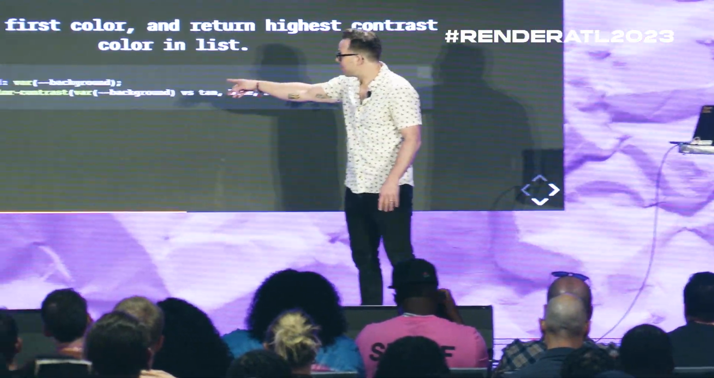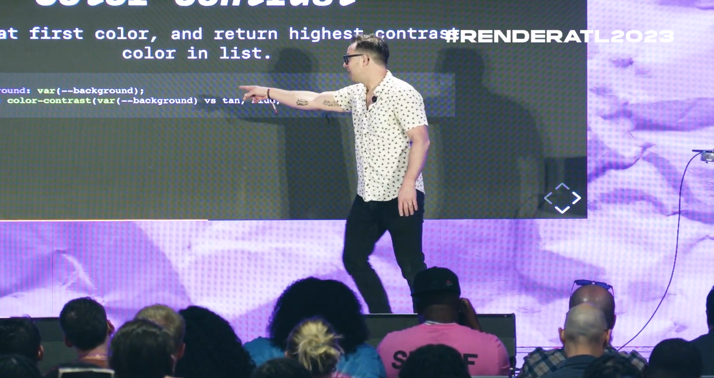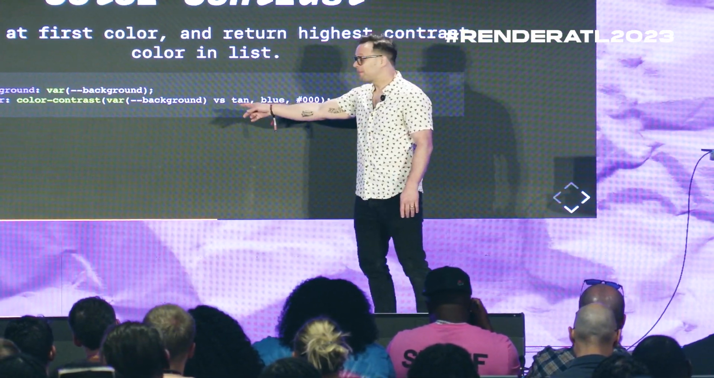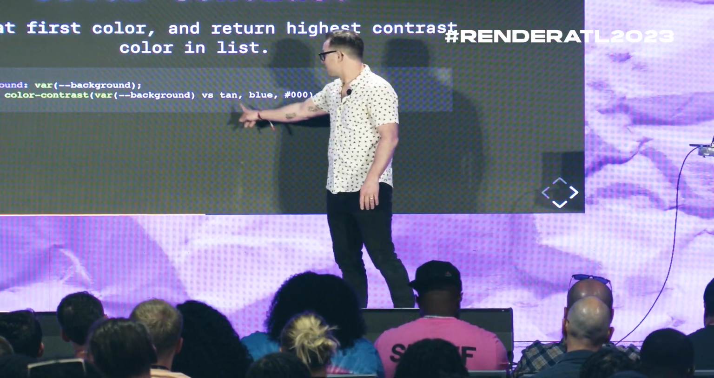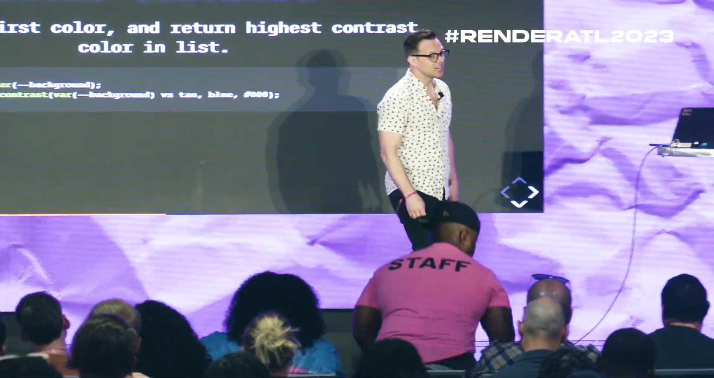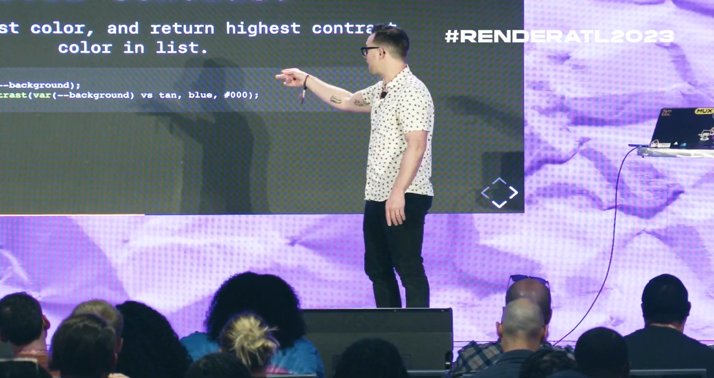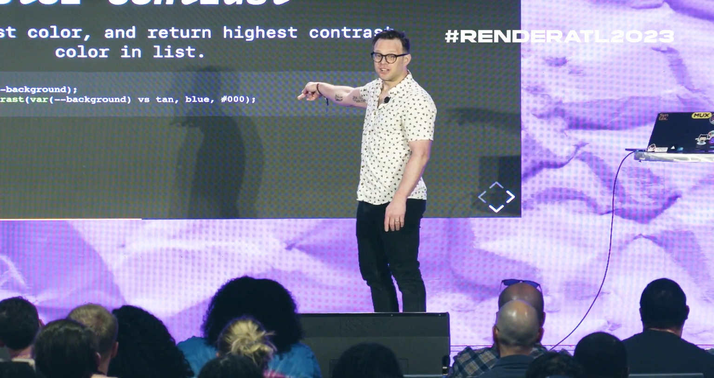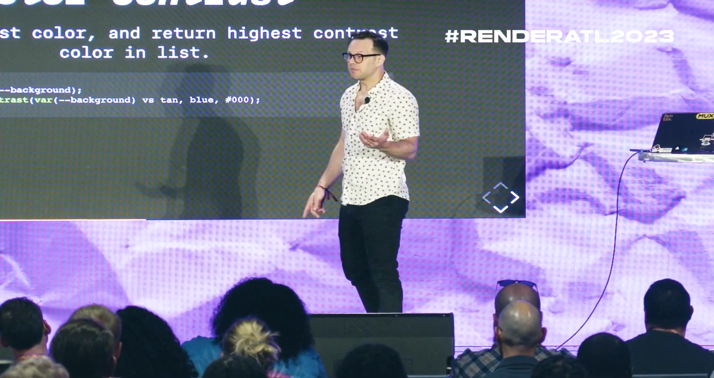So let's say the background of our website is set to be black here, and then that gets passed into this first variable. So if we have a black background, and you look at tan, blue, and black here, it's going to return tan because tan has the highest contrast ratio. But if the opposite happens, if all of a sudden that CSS background variable changes to white, it's automatically going to return the 0, 0, 0, giving you the highest contrast ratio,